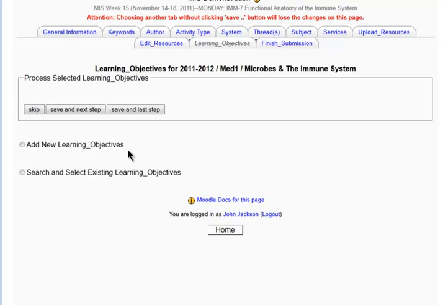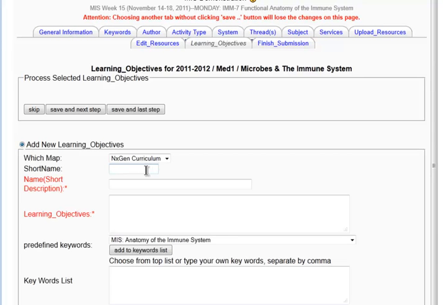Learning objectives. Let's say that we're going to add new learning objectives. This is going into the next gen curriculum. Short name is useful for internal administrative purposes. It is not displayed to the learners, but maybe if you've got some naming scheme that helps you organize things, that's the place to put it in there. So I'm going to say MIS IM3. And then you want to give it a meaningful short description